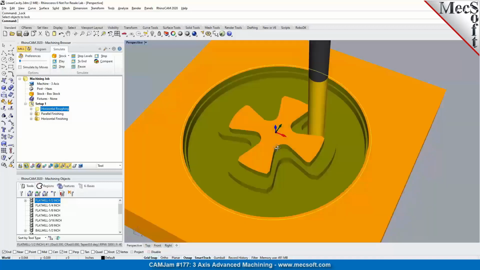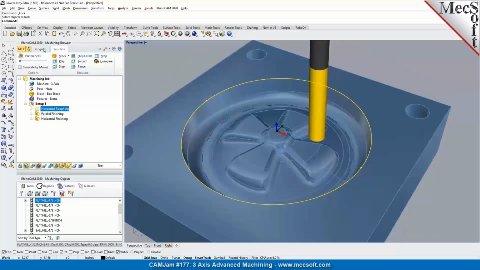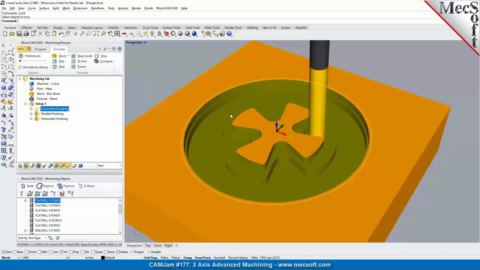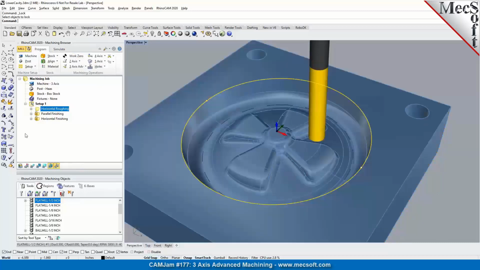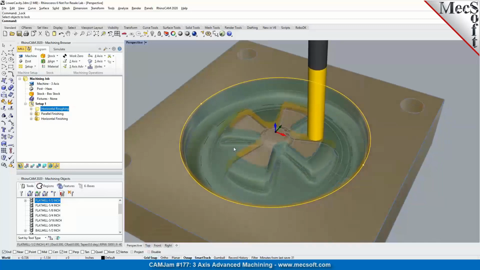So the roughing operation that we programmed here with a larger cutter, in this example, we're using a 1/2 inch end mill, is unable to clear out areas in some of the tighter corners in here and has left more material. So in order to be able to go back and clear some of the materials in these areas, we would like to go back and rough it out again, taking into account the stock that has already been left